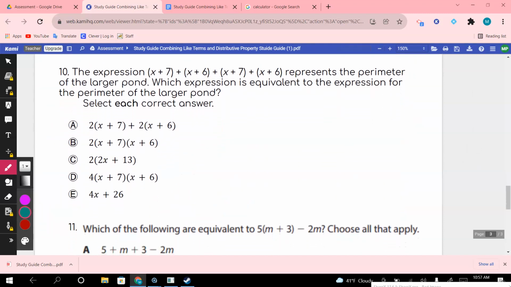Number 10, the expression x plus 7, x plus 6, x plus 7, x plus 6 represents the perimeter of the larger pond. Which expression is equivalent to the expression for the perimeter of the larger pond? Okay, so let's put it in simplest form first. So we have x, x,